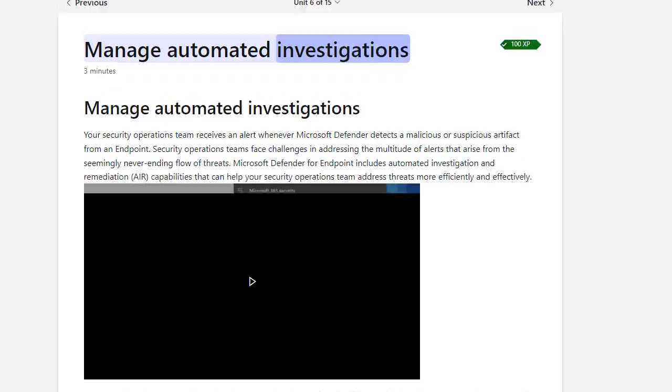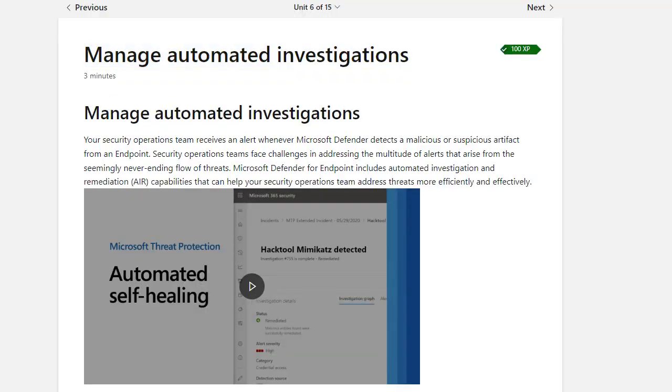Manage automated investigations. Your security operations team receives an alert whenever Microsoft Defender detects a malicious or suspicious artifact from an endpoint. Security operations teams face challenges in addressing the multitude of alerts that arise from the seemingly never-ending flow of threats. Microsoft Defender for Endpoint includes automated investigation and remediation, AIR, capabilities that can help your security operations team address threats